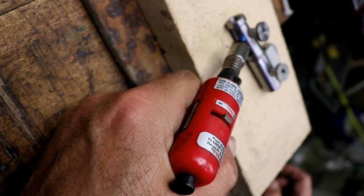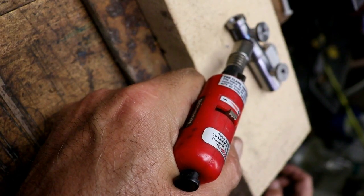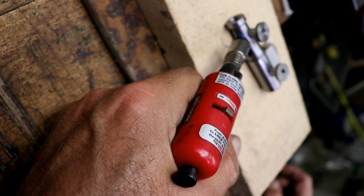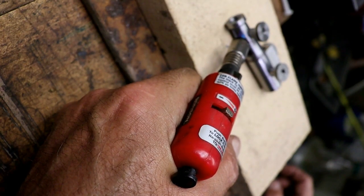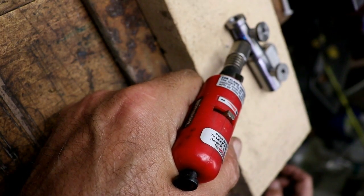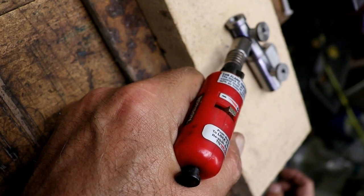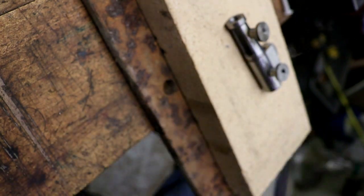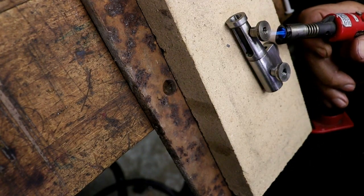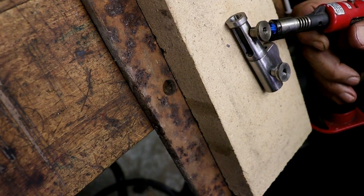I was going to silver solder them, but then I changed my mind. I may have to get the acetylene out anyway. I don't see any solder coming out yet. Solder likes to flow to the heat, so once it gets hot enough, it should